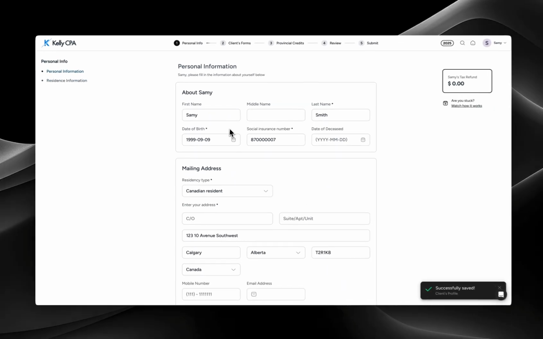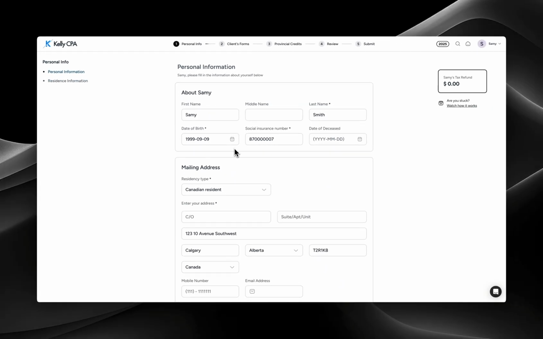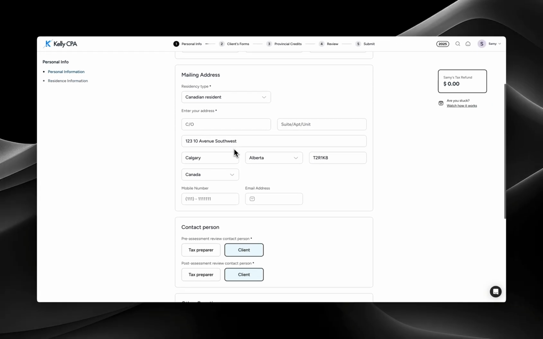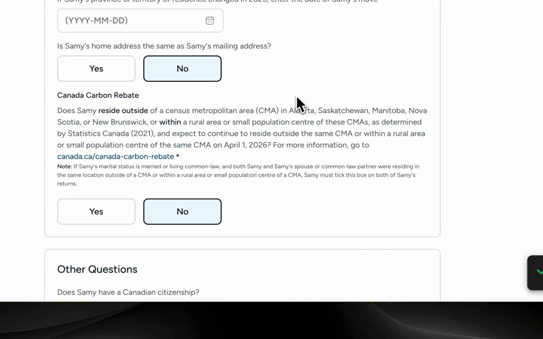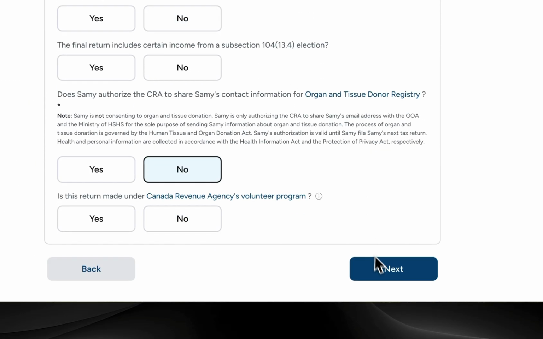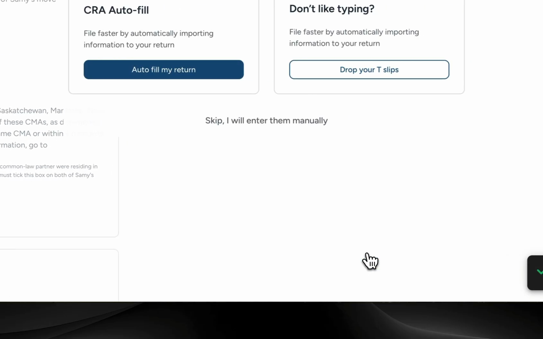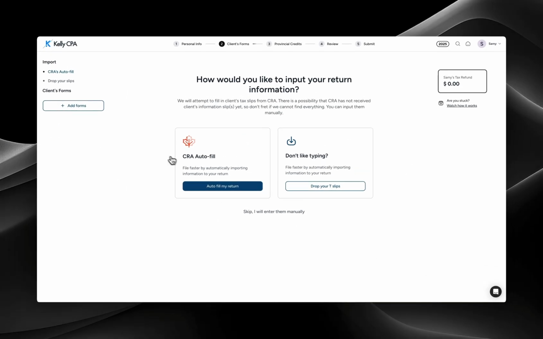And you will be able to see that all the information that they entered from their end is basically populated here. So that means you don't need to copy paste any document or anything from anywhere. So all information, all the mandatory information are already done. And if you have the authorization on file for this particular client, you could go ahead and pull the data